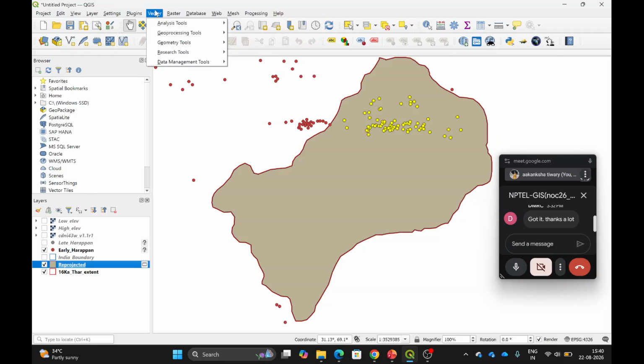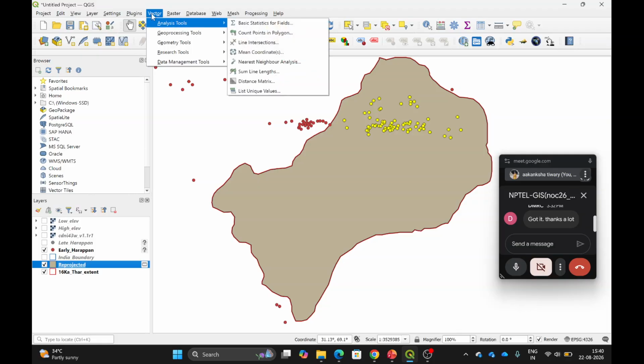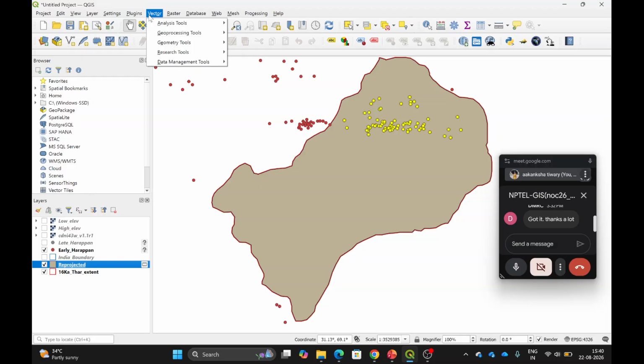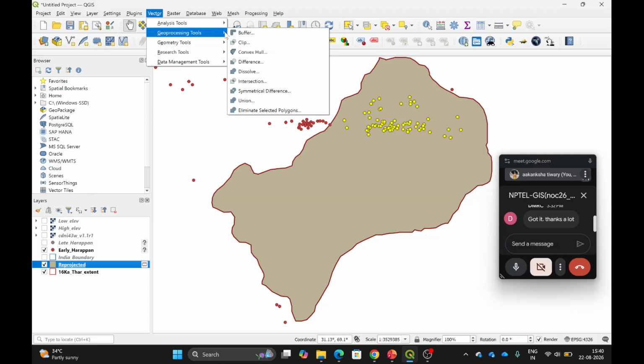So in QGIS it is written separately for vector analysis. For vector files you have to go to vector. For raster you can use these tools. Okay. So go to vector and then geoprocessing tools, and then you can see we have lots of options: buffer, clip, difference, dissolve, intersection. So lots of things are there. So we will go to buffer,